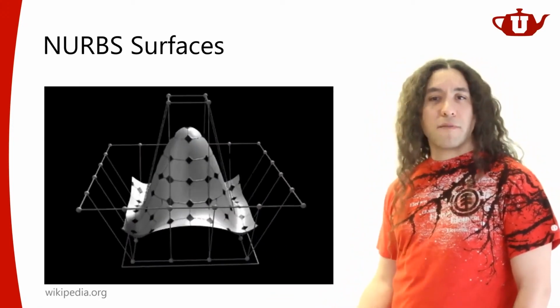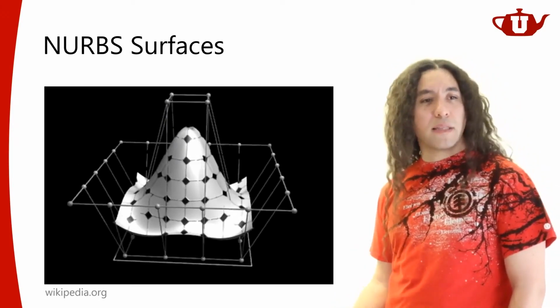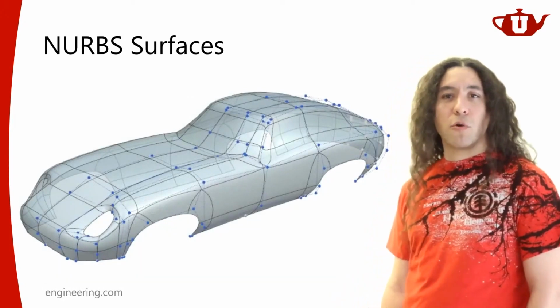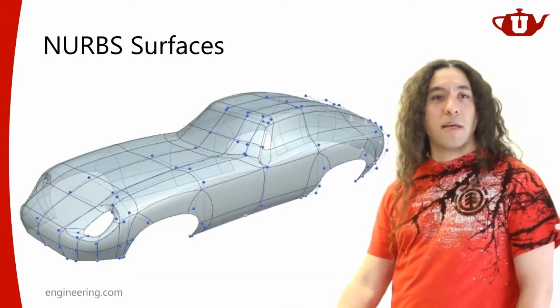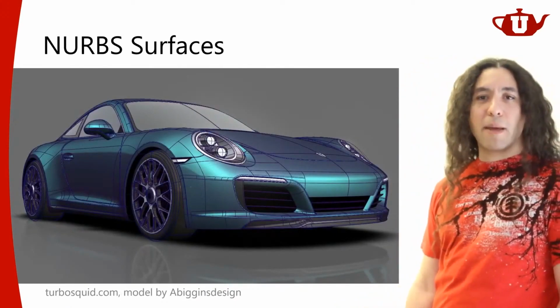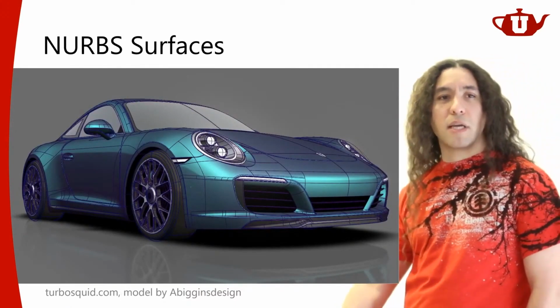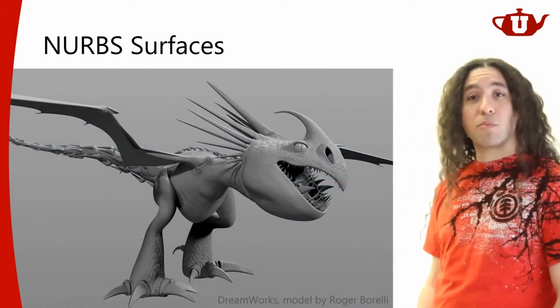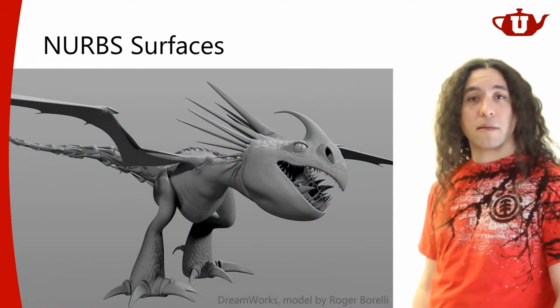Of course, NURB surfaces, we talked about them, they don't interpolate the control points, so they don't go through any of the control points. Although you can force them to go through the first and the last control points in your formulation. We looked at these examples. I'm just showing you the same examples, some models generated using NURB surfaces, even relatively recent models used in production, generated using NURB surfaces.